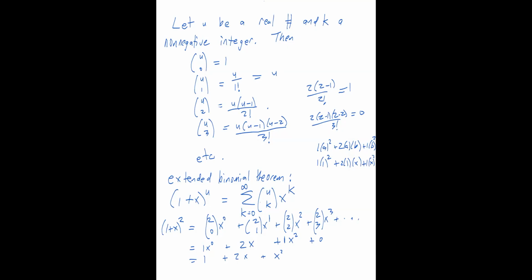So that when you multiply 1 times 1 squared, you get 1 plus 2x plus x squared. So we get the same thing. This is a more complicated way of getting the same answer. But this also lets you get answers that you could never do with Pascal's triangle, because Pascal's triangle only has integer values, like a plus b squared, or a plus b cubed, and things like that. But with this formula, we can actually figure out what things are, like what's 1 plus x to the 0.5